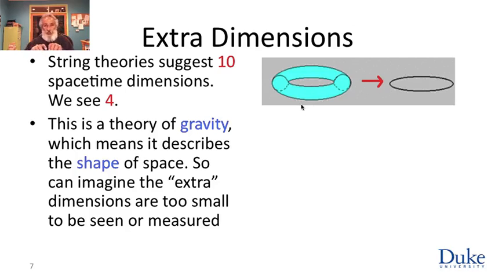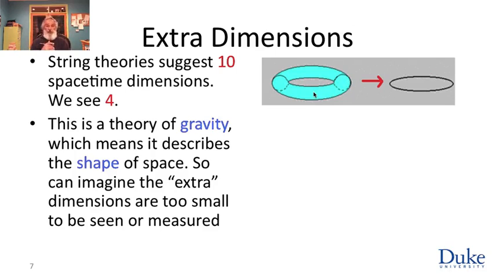Now imagine that I shrink one of these circles till the circumference of the smaller circle in this donut is so small that it's a distance of 10 to the minus 33 centimeter, much too small for the bug's most powerful accelerator to detect a displacement in that direction. This means that the bug will still be able to detect things moving up and down. This can be light years, and this can be very small, but the bug will never detect that there's another direction in which things move.